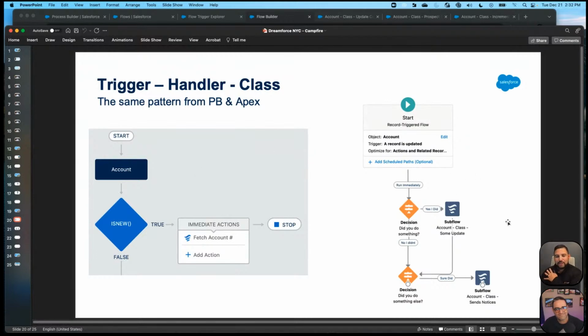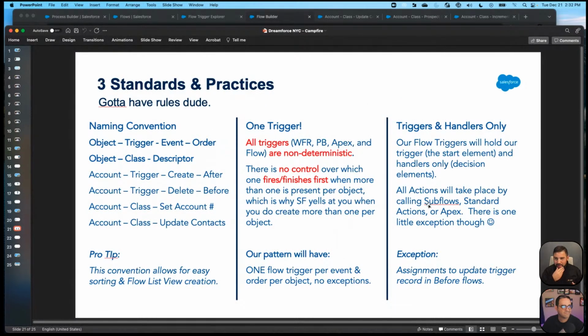And this tells us where we need to start, right? We're going to start by defining our criteria, and then we're going to call subflows and actions. So here are the rules. First, you've got to have naming standards. I think Mary Tagler has a brilliant presentation out there on naming standards inside of your Salesforce org. And so this is really just building off of her brilliance and others' brilliance.